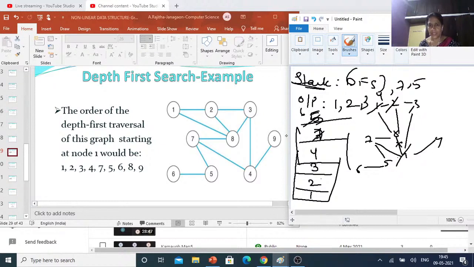So from this 5, first 6 is visited. Okay. So here 5 to 6 is there. Now 6 is visited. After that 6 is popped, because there is no other element. From 6, 5 has some edge, but this 5 is already visited. So first you can pop this one. Okay, then next 5. From 5, 7 is there, but this 7 is already visited, so that 5 is popped.